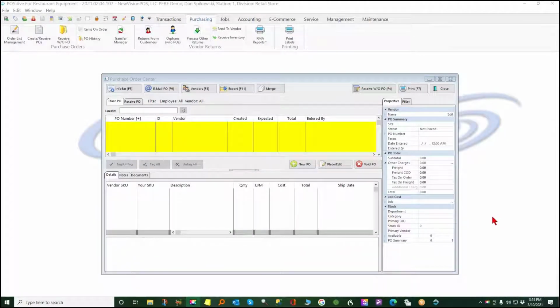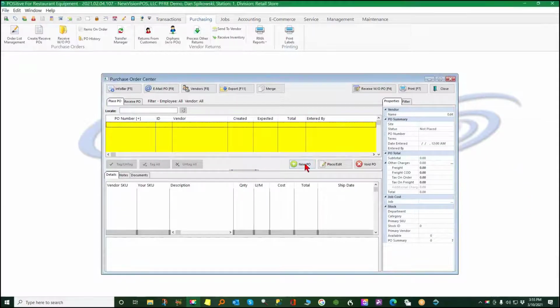We're going to discuss the process of working with a subcontractor who is going to do an installation for us, but it's going to be billing us periodically instead of either all in the beginning or all at the end. So we're going to create a new purchase order,